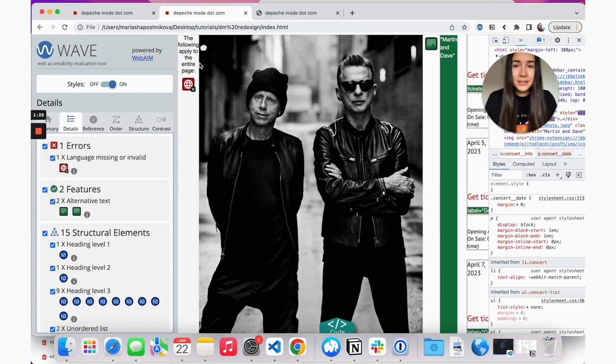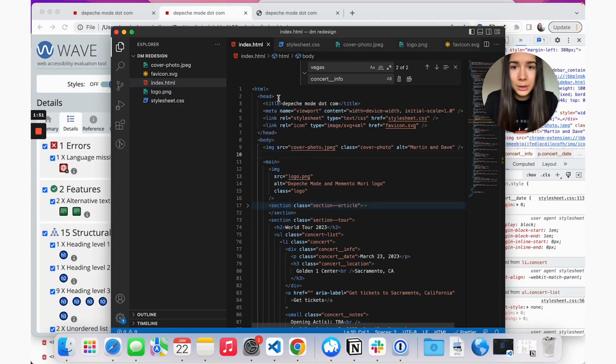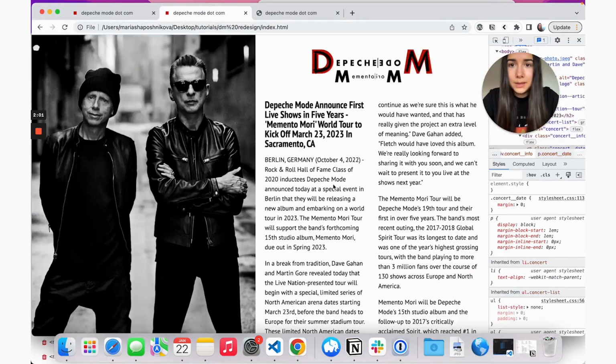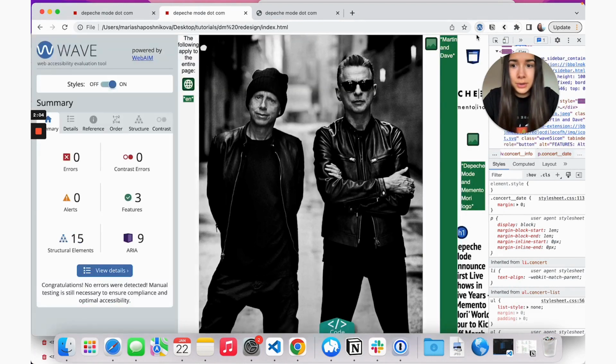And apparently, when you're creating a website from scratch, you need to make sure that you add a language tag. If you're doing something with WordPress or something else, usually a lot of these tools do have the language tag predefined, but here I need to add it. So we're going to return to our website. And here at the very top, we're just going to write lang and en for English. So now we're going to refresh and run the Wave tool again and see that we no longer have any errors. So yeah, that's a great tool, and make sure that you install it.